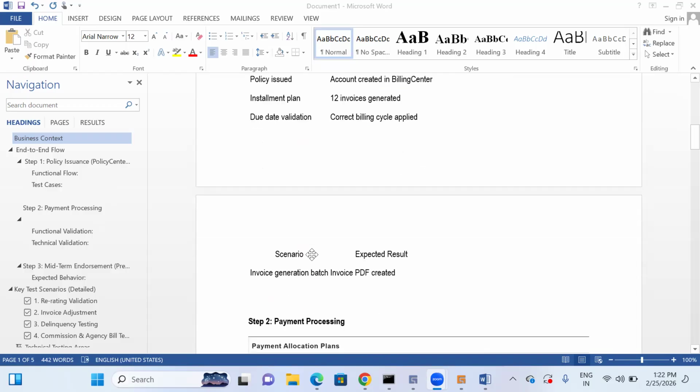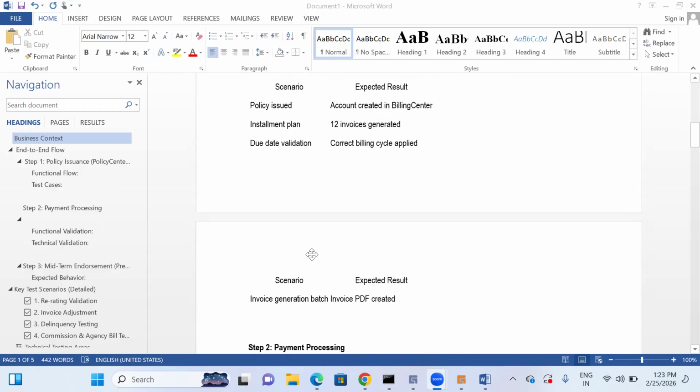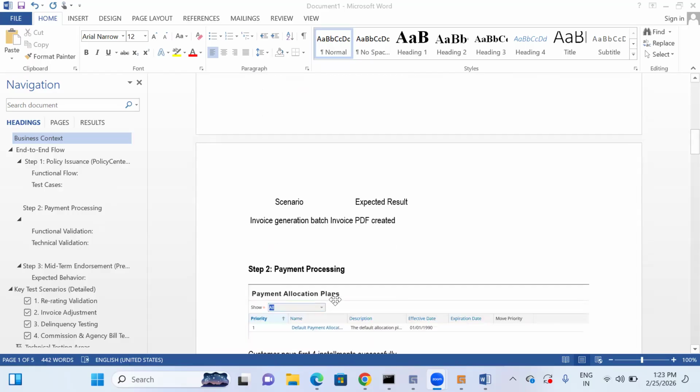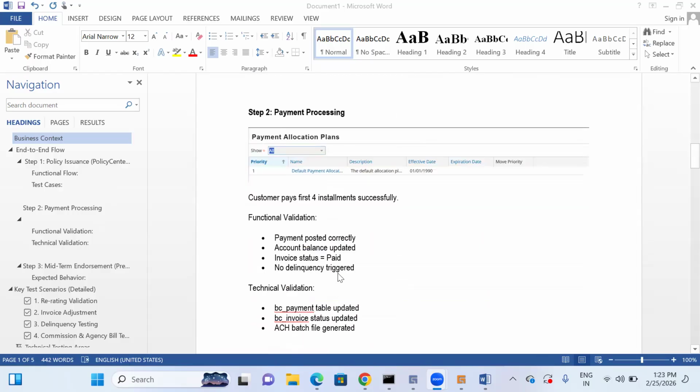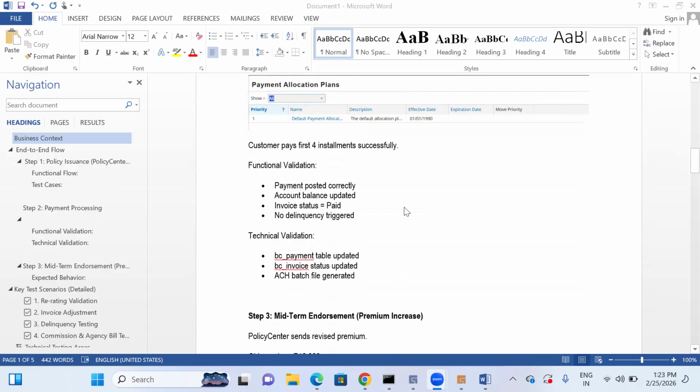And apart from that, one more scenario, as I stated here, the second one about the invoice generation, batch invoices, so that whatever the PDF is created, etc., everything has to be performed. This is step 1. Second, about step 2, right? So step 2 is a payment process here, wherein we have a payment allocation plan where the customer has to pay first 4 installments successfully. So when the customer has paid the first 4 installments successfully, there must be 2 validations that have to